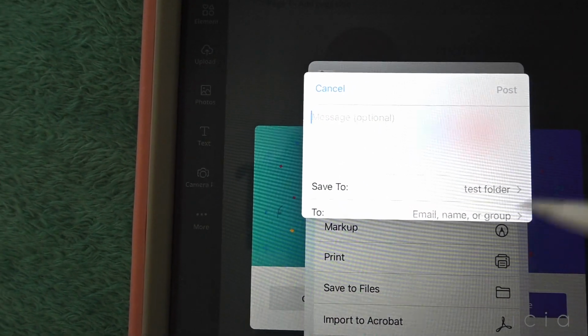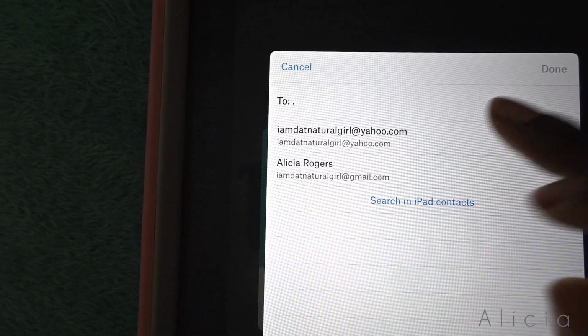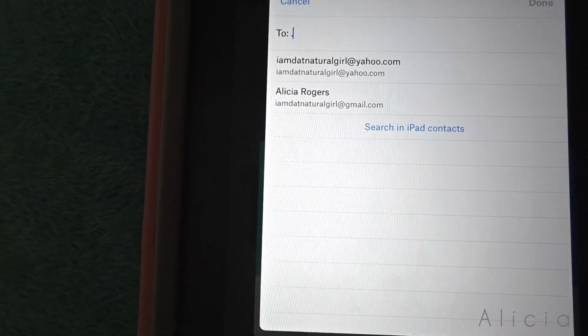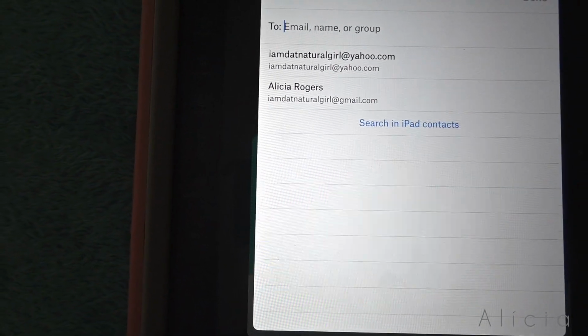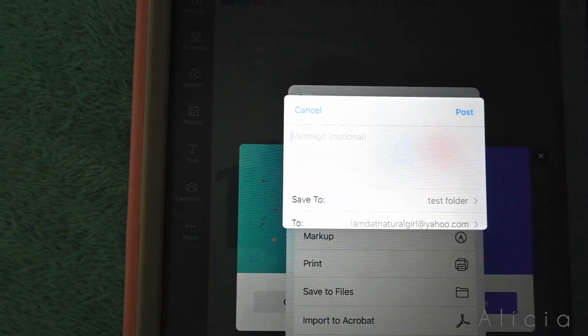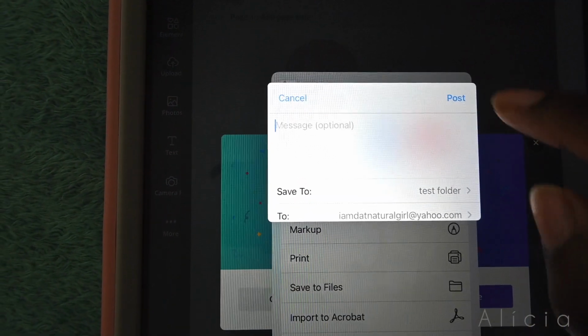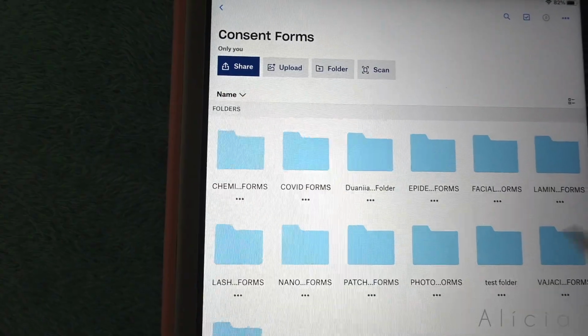You can leave that blank. You just want to make sure you have an email. You can use any email. When I say any email, you can use an email that you don't normally use for business. You could just have it there, so it's easy to transfer. So once you have your email there, you want to post that. Go to Dropbox. Now we want to go to test